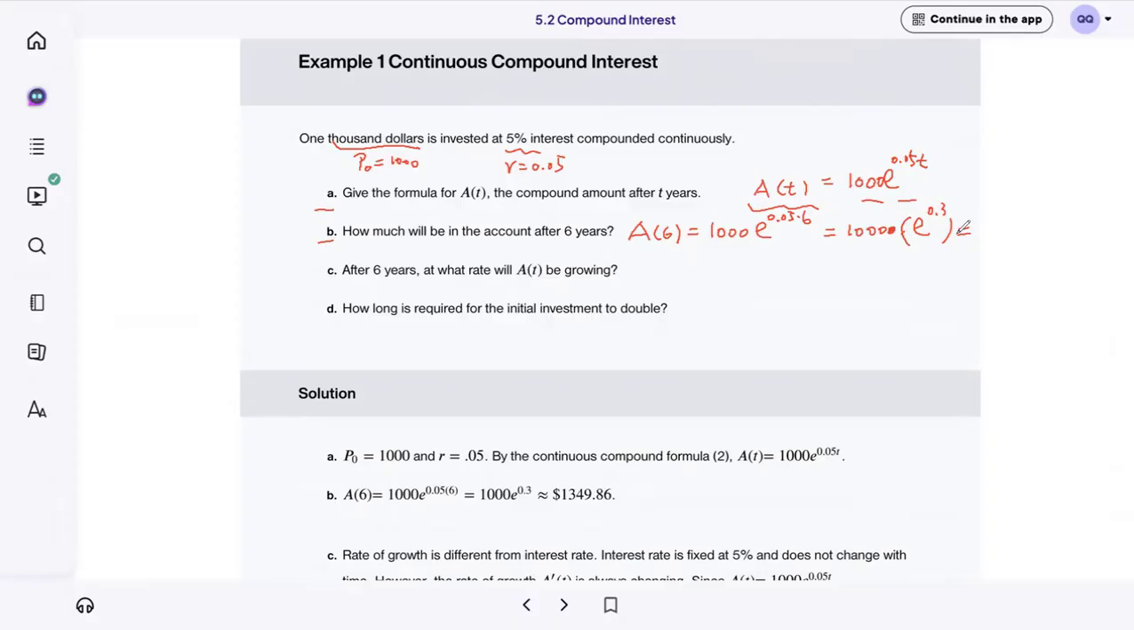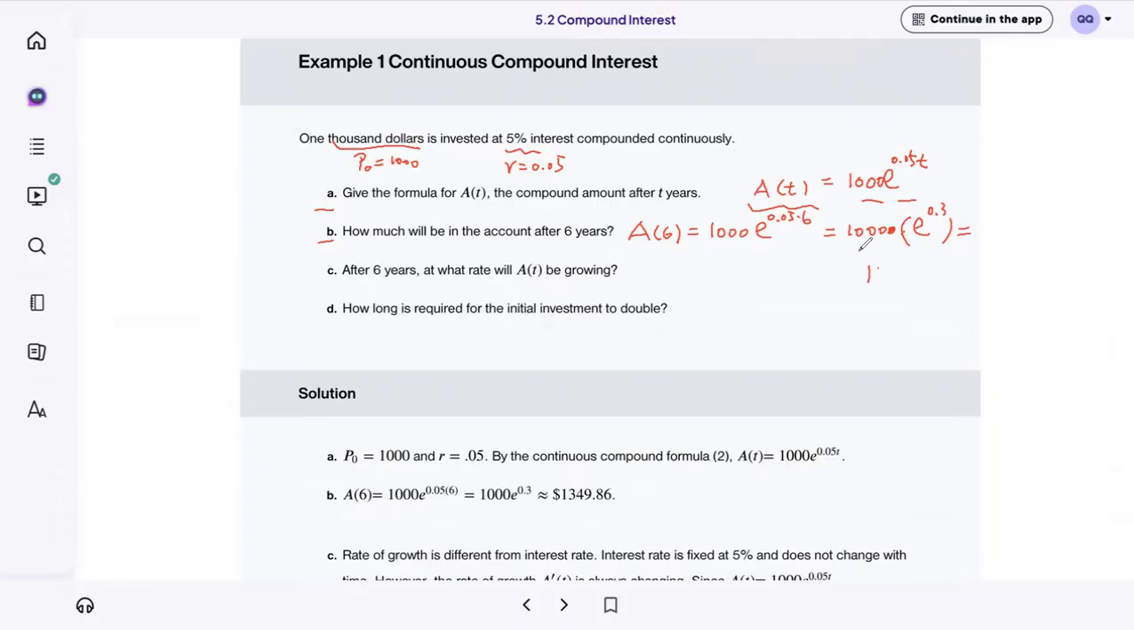Different calculators have different symbols for the exponents, or maybe this one, x raised by y. For my calculator, I say x raised by y. So e raised by 0.3, then I multiply by 1,000, right, so I get